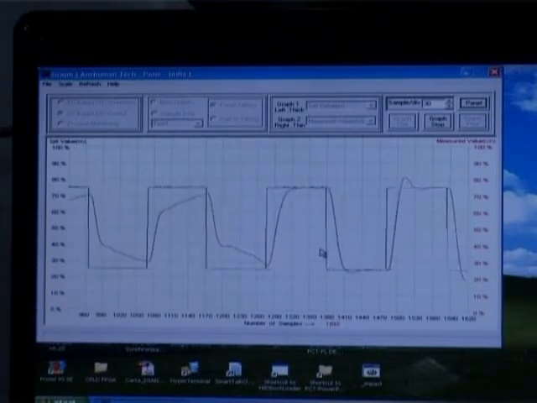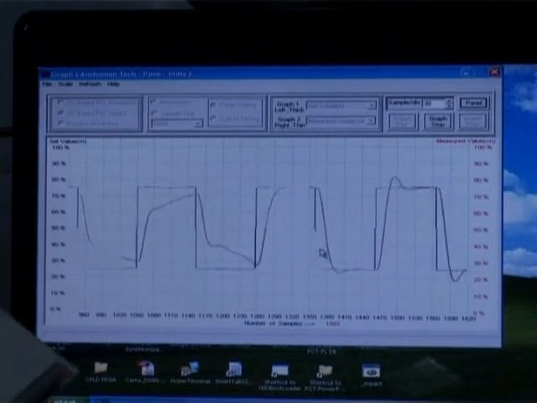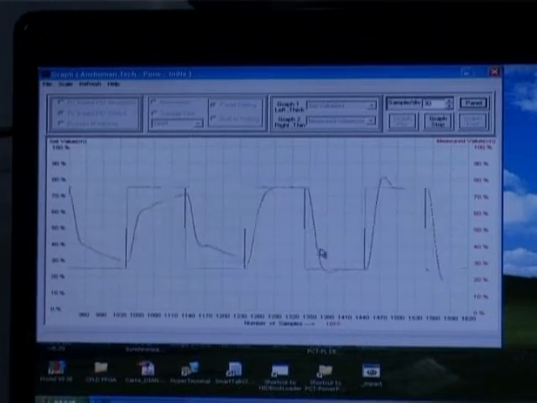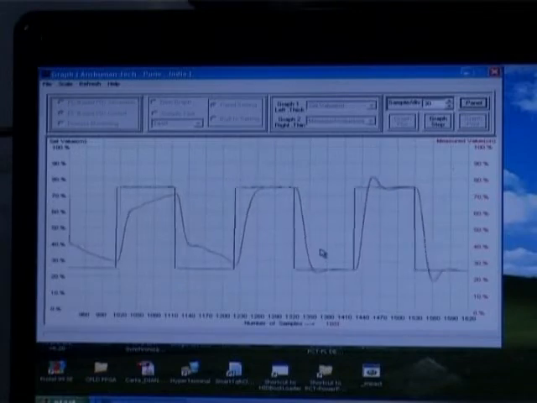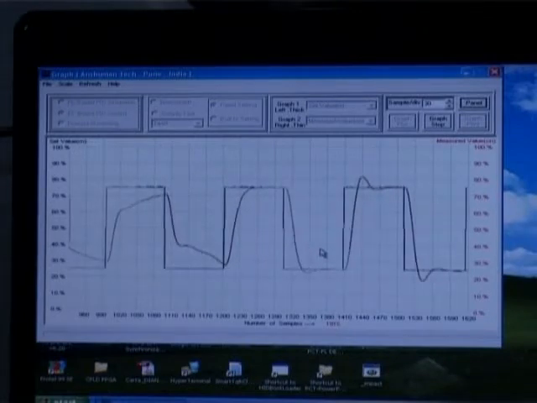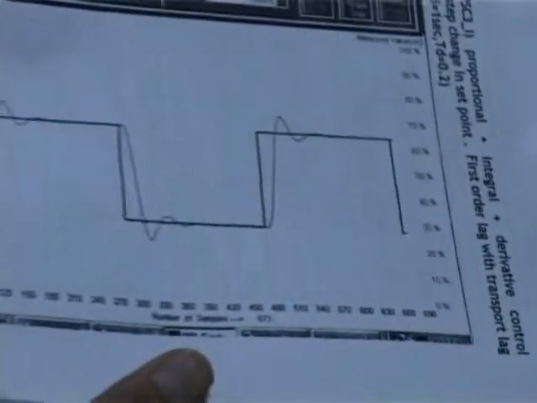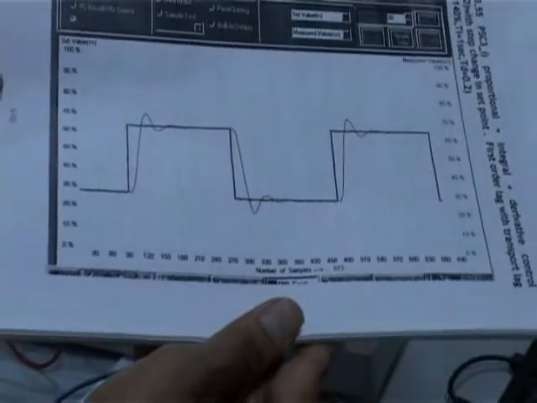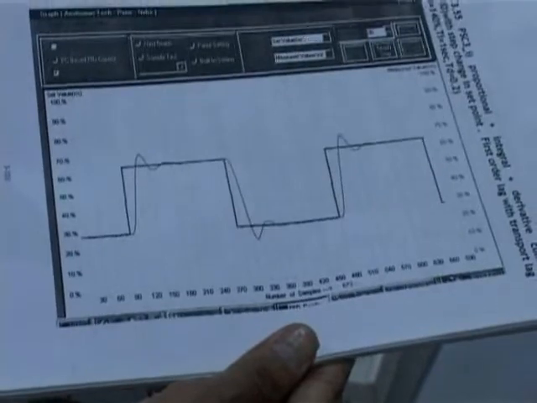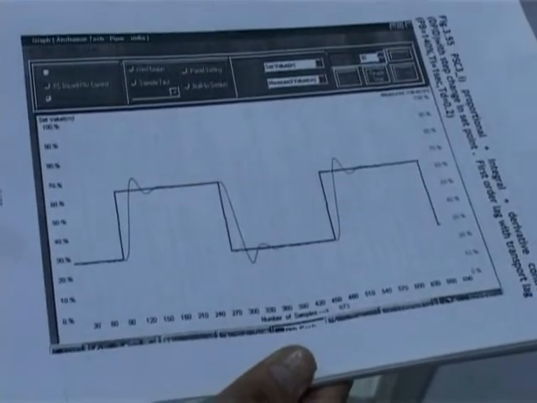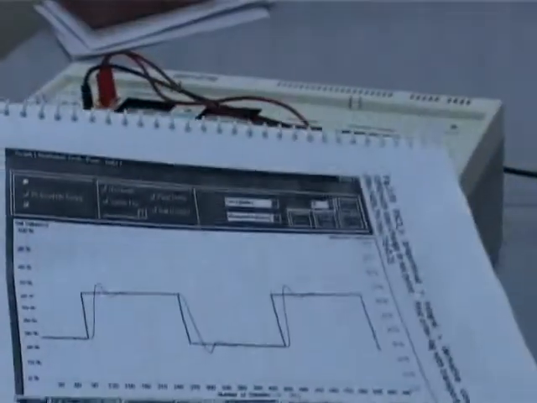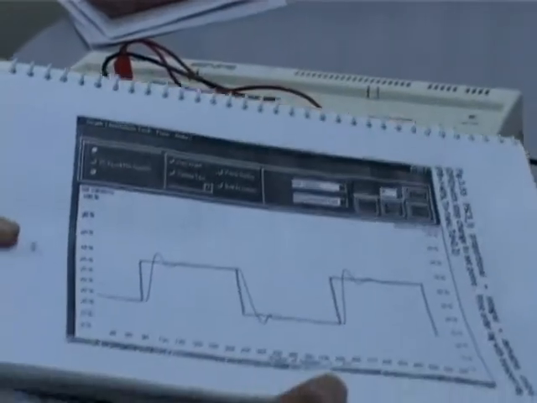To see proportional integration derivation with minimized error using digital PID, this is the output graph on page number 3-103, third chapter, page number 103. The same will be observed on your PC screen